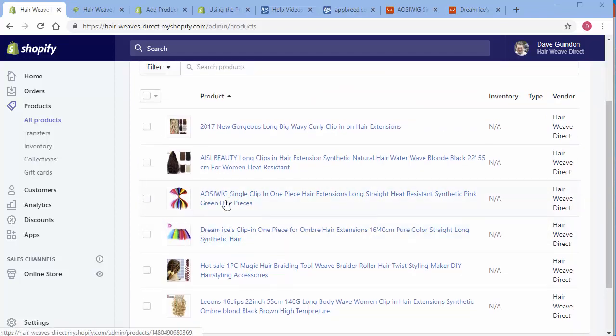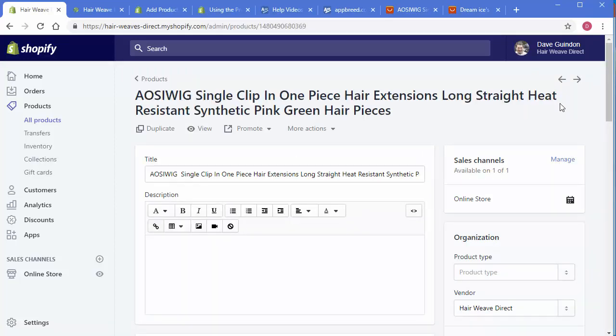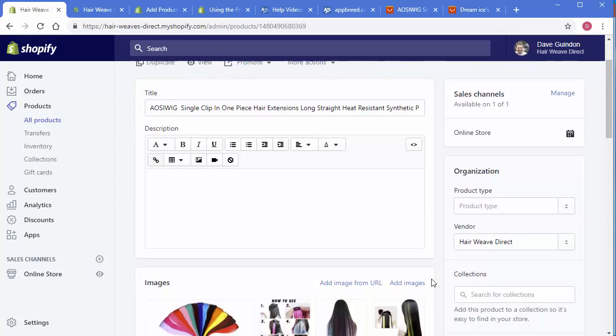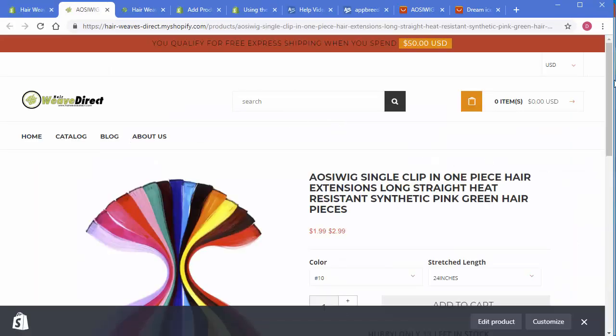Now, what we need is to get the product page. One mistake that people make here is if you click here, this is the page inside of your admin area where you're actually editing the page. And you'll see there's a link up here. Do not put this link into the software. It will not work. You'll always know this is the wrong link because you're going to see the word admin in there. So if you see the word admin in this link, that's not the right link. You have to click the little view here and go to the actual product page.